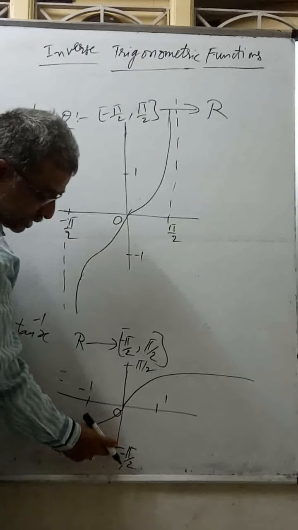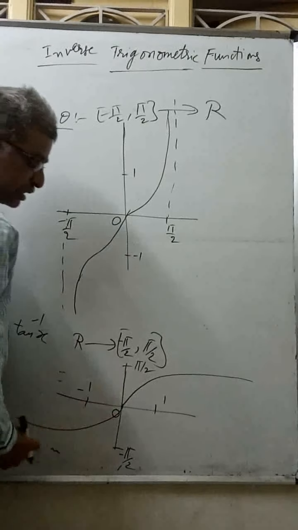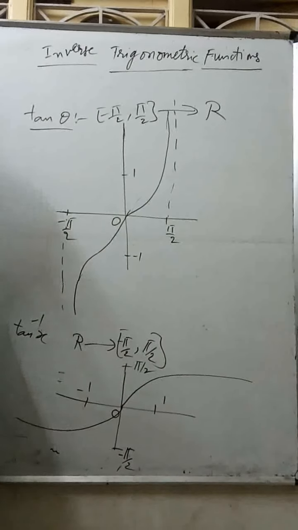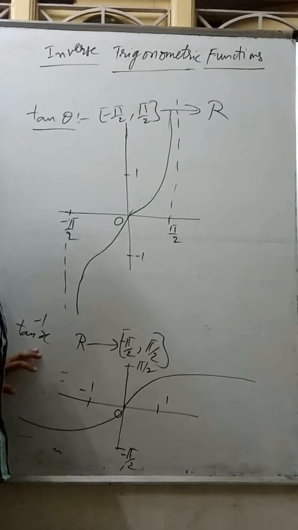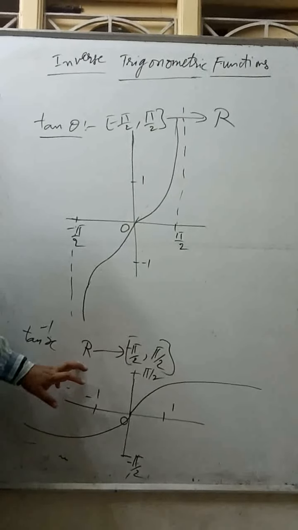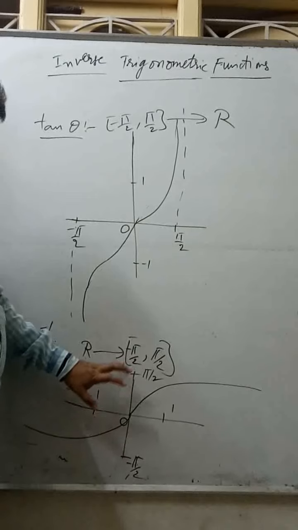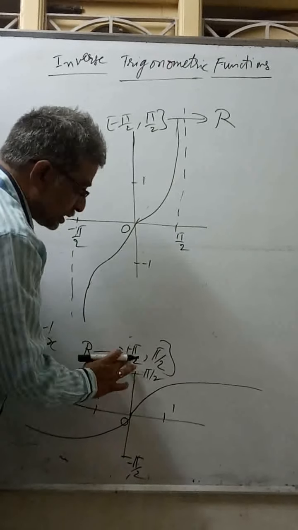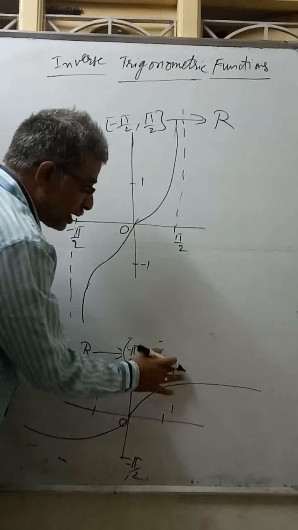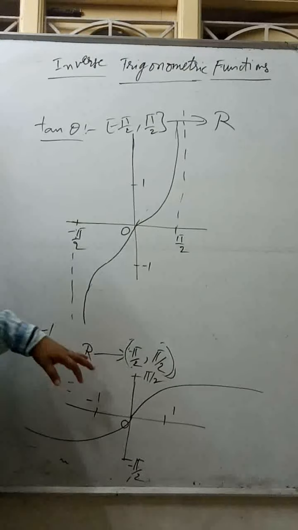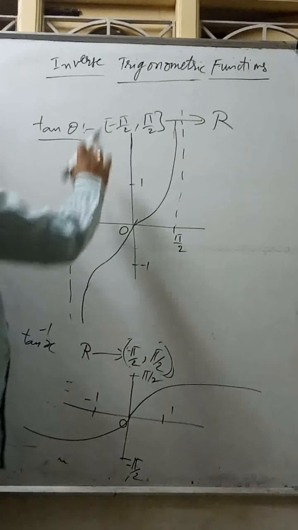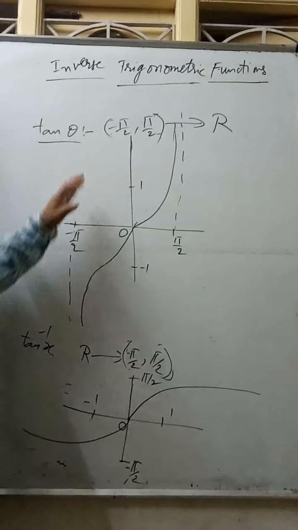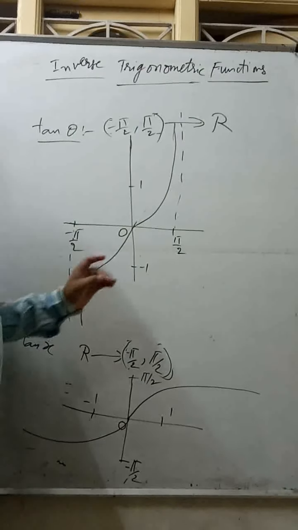As it reaches minus pi by 2, it reaches minus infinity. As it reaches pi by 2 on the y axis, it reaches infinity on the x axis. Like this is tan inverse x. So the domain of tan inverse x is R, but the range is minus pi by 2 to plus pi by 2. Here the end points are not included because tan at pi by 2 is undefined. So we discussed sine, cos, tan. Similarly, secant, cosecant, cot we can do.